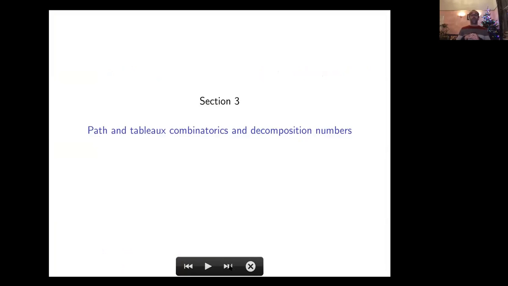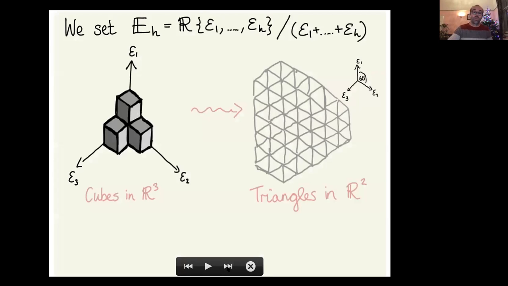Okay, so I'm now going to talk about the combinatorics that allows us to move from one side of this picture to the other. So I need a Euclidean space, which I'm going to denote by EH. And this space is going to be, well, I need H directions in which to walk, epsilon1 up to epsilon H. I'm going to look at what they span, but I'm going to mod out by the sum being